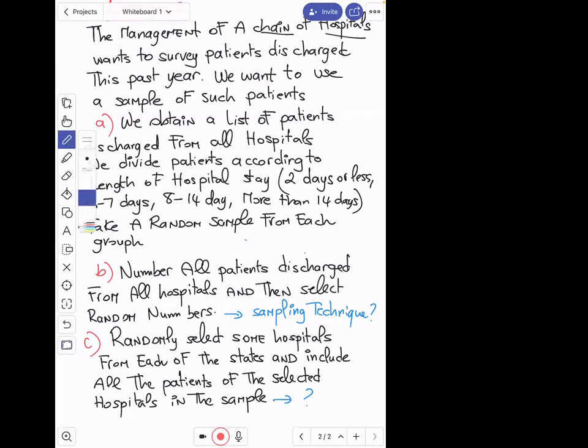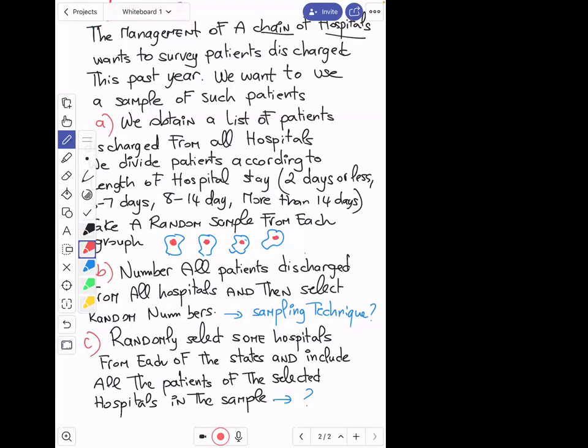So for example, we have the first group. In the first group, we have the patients with a hospital stay of 2 days or less. Then another subgroup with a hospital stay from 3 to 7 days, and then from 8 to 14 days, and then the last subgroup would be with more than 14 days stay in the hospital, right? So we have 4 different subgroups depending on the hospital stay, right? Now, what we do next is we take a random sample from each group. So I'm going to take a sample from the first group, the second group, and the third and the fourth group, right? And so that's exactly the stratified